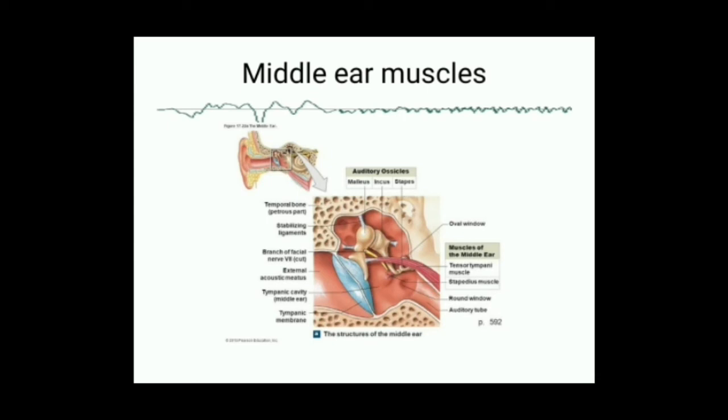And stapedius muscle. Stapedius muscle is a very tiny muscle. It's the smallest muscle in the middle ear, and the smallest muscle in our body. It is supplied by the 7th cranial nerve, that is the facial nerve. What is the action of the stapedius muscle? When the stapedius muscle contracts, it will pull the footplate of stapes away from the oval window, thereby reducing the